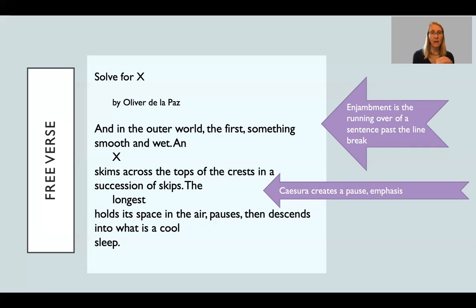When I see "an" and I move down and there's nothing there and I have to come across till I get to X, that's adding additional pause. Some poets also like to work with the caesura along that left margin or in the center of lines to provide a little bit more space and an opening up. And indeed, if you know this poem is about birth, about a child coming into the world, right? There's suddenly this enclosure and then coming into a great space from the child's point of view, and so it's bringing in that sense of opening up in space, and being able to take a deeper breath, which is pretty cool.